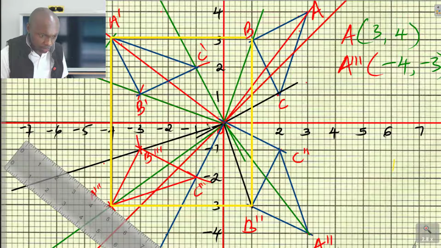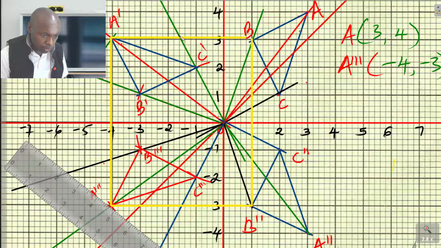When I look at these squares, 1, 2, 3, 4, 5. If there are 5 squares, when you divide by 2, we should have 2.5 squares. So the line will be somewhere here,